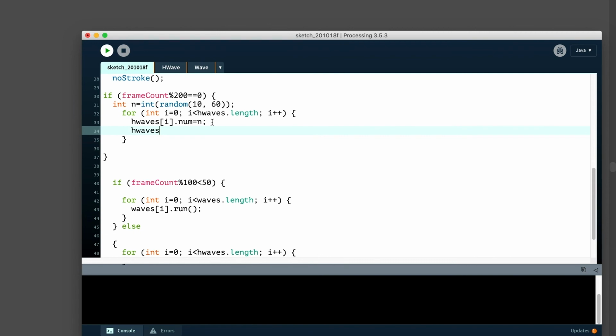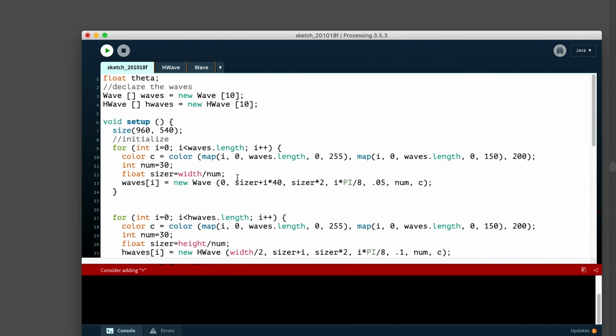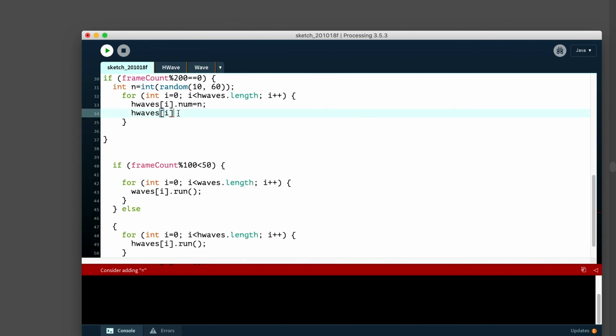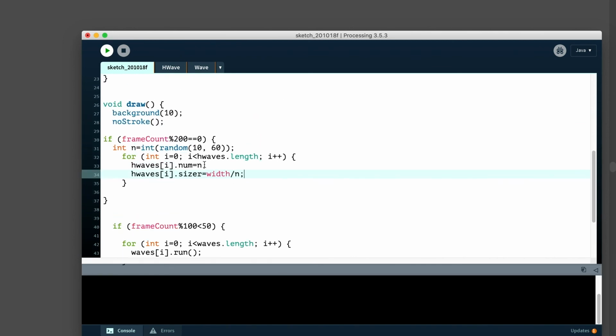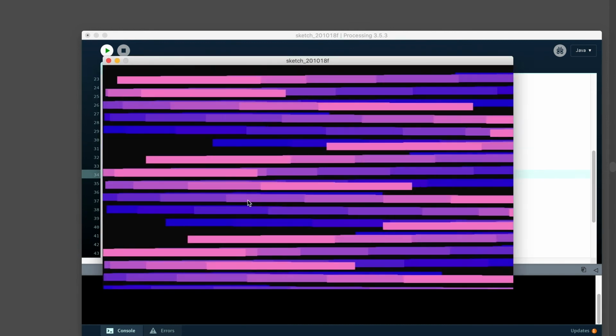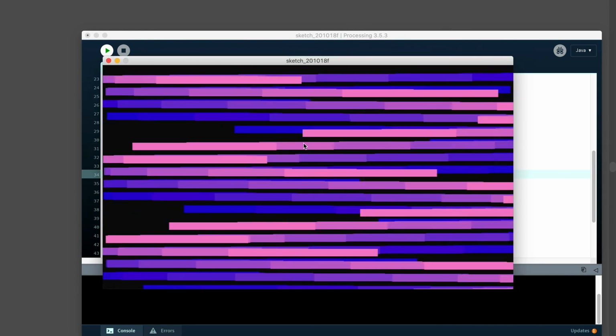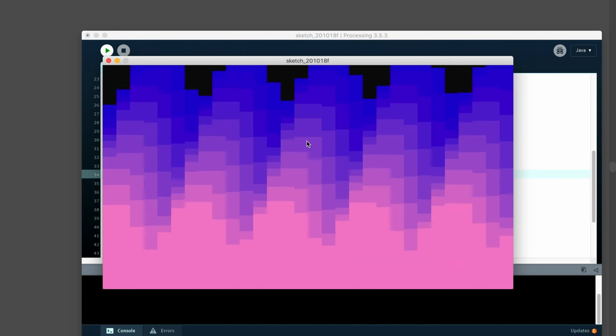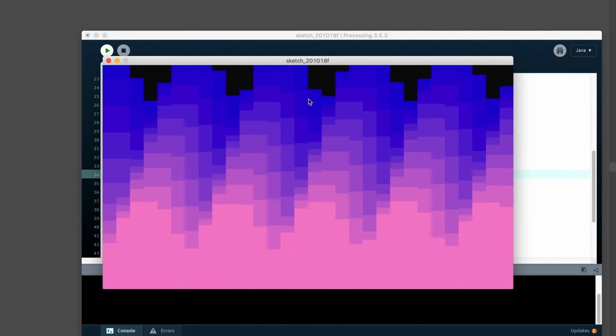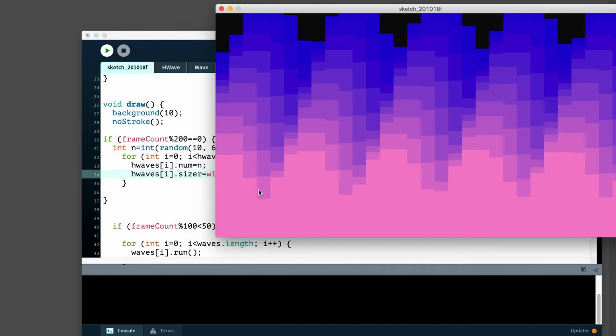And maybe at the same time, because sizer was also affected by the number, we'll also change that here: sizer is equal to width divided by n, so that it resets things. Okay, so that's the H wave. Now the H waves are that size. You saw them, and maybe when they get to 200, they will switch. Hopefully.